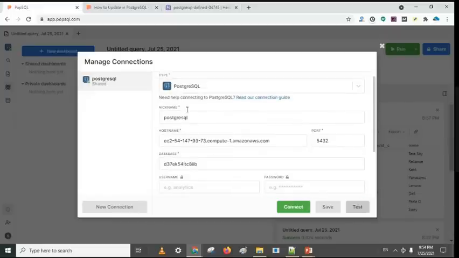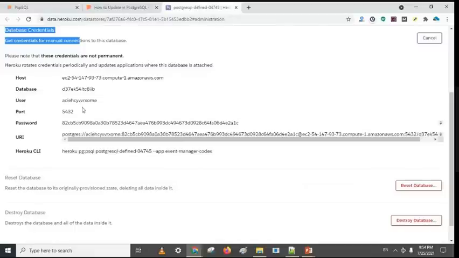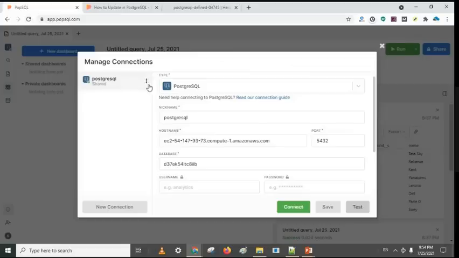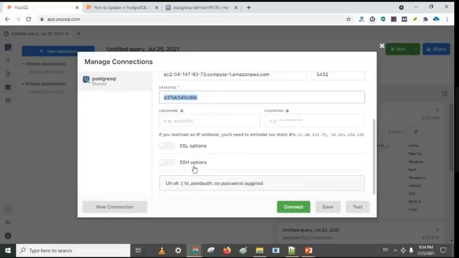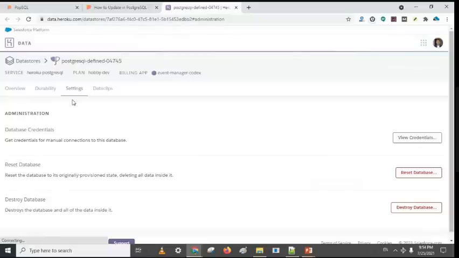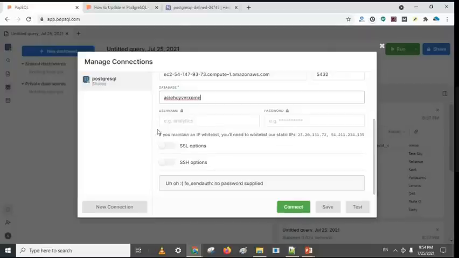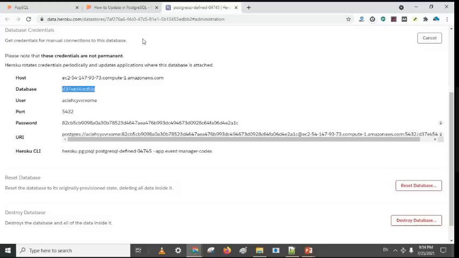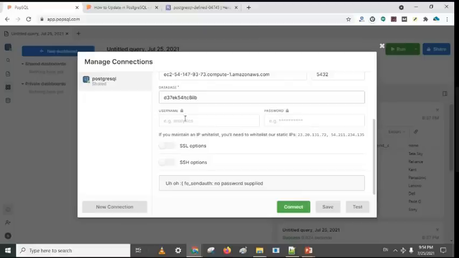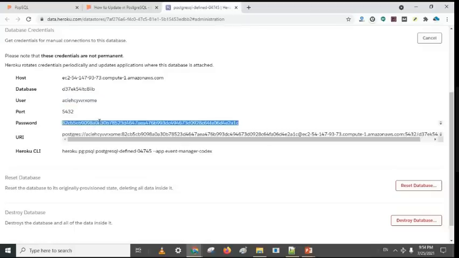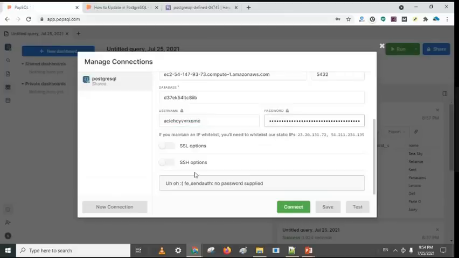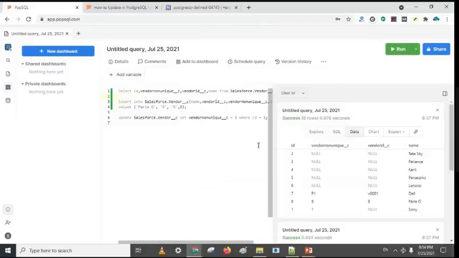So let's change those, because by default PostgreSQL database credentials and passwords change frequently. The database name is the same, the username is changed, and the password is this one. Let me test it. Now you can see the connection is good, connected.